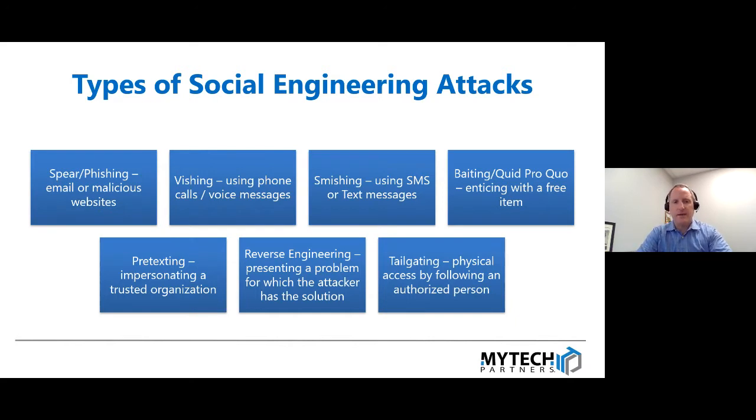Pretexting. This is one that could happen over the phone. Again, this example could be used in combination with phishing, but it also can be used in person. It can often be a physical attack, meaning that someone shows up at your office and pretends to be someone they're not, maybe from the phone company or the internet provider or your IT provider. For instance, if someone showed up at your office and you're a MyTech client, and you haven't verified that they have a MyTech badge and that they're supposed to be there, you might just let them into your office. So that's one of the things to prevent against or be on the lookout for: impersonating a trusted organization for your company.